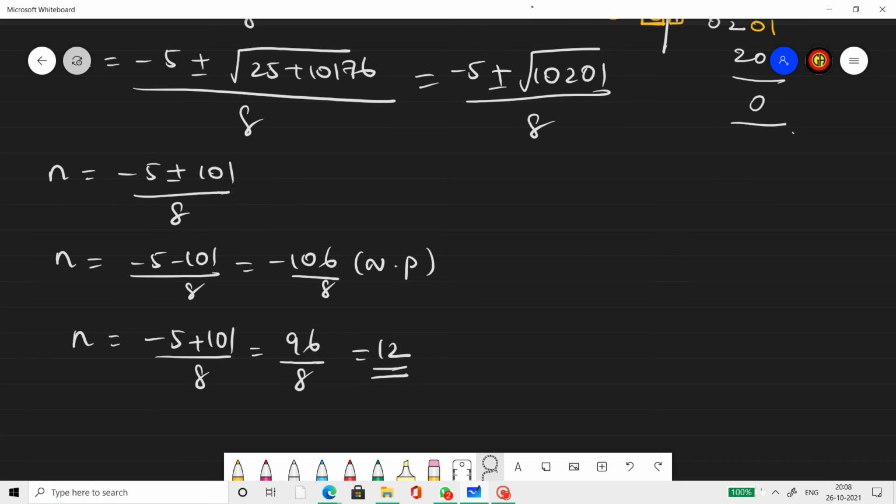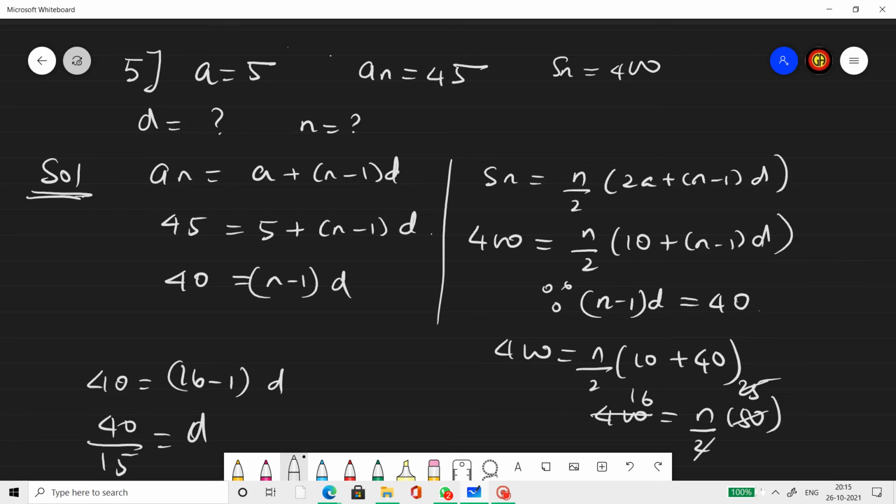So 101 minus, so you split the plus and minus. N cannot be negative because N indicates the number of terms. So you ignore the negative value and you consider only the positive value. So N equals. So the next sum, where A is 5, AN is 45, SN is 400, D and N